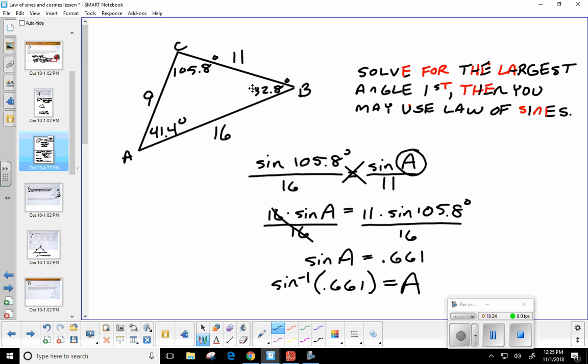So this is the law of cosines. Now, even though we finished up this problem using the law of sines, was anybody having difficulty with the law of cosines? Anybody not sure where a value came from, where you got it? Okay. All right. Well, I'll tell you what, we're going to go ahead and stop there for